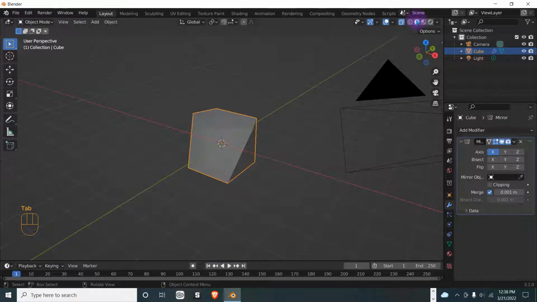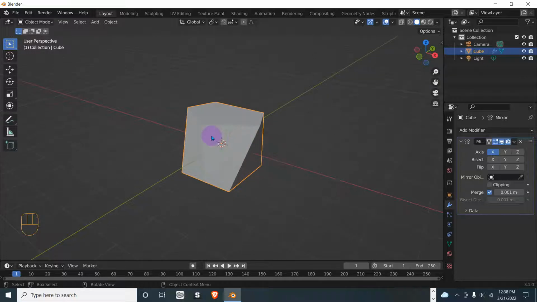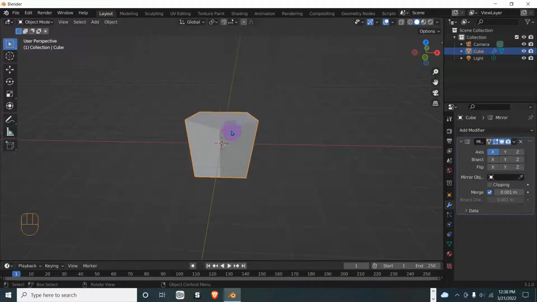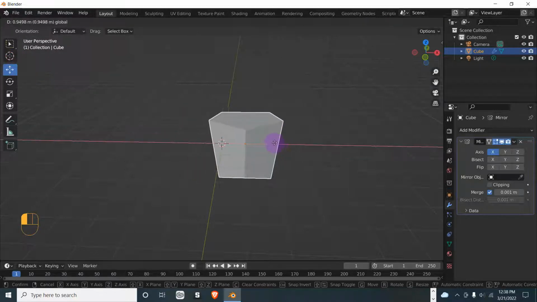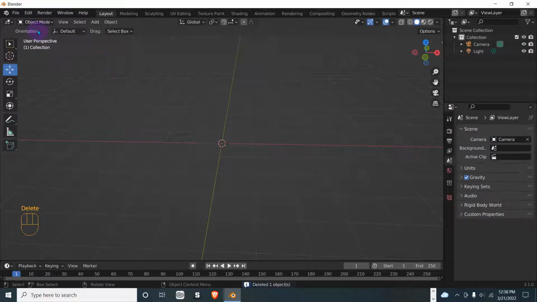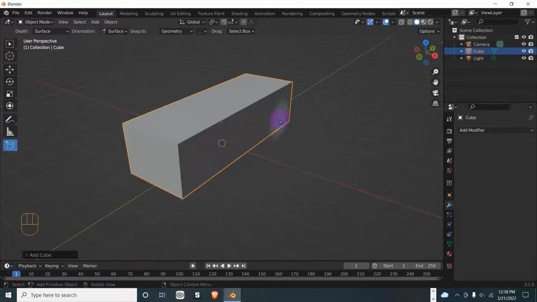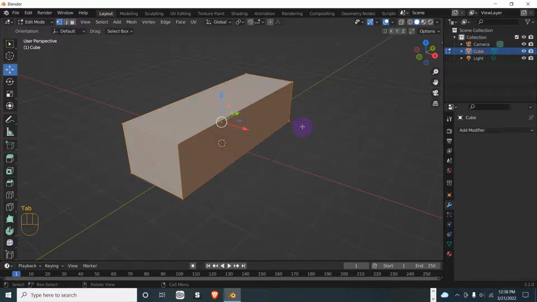Let's go a little more solid. Okay, let's move that object more to the side here. Actually no, just delete that. All right, add another cube with add cube. Sweet. Okay, go to edit mode, add modifier,